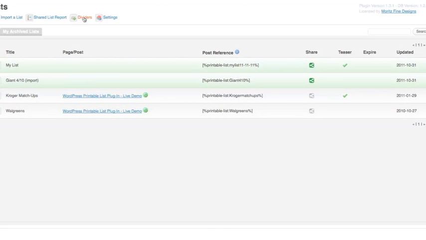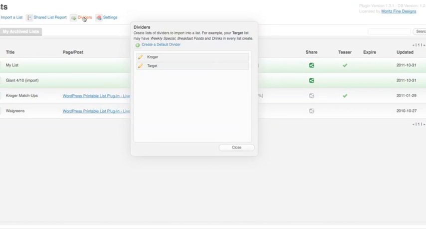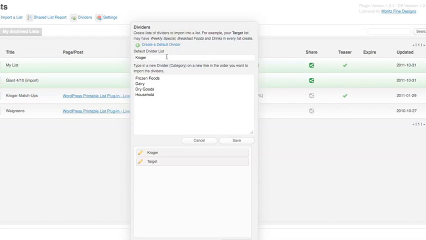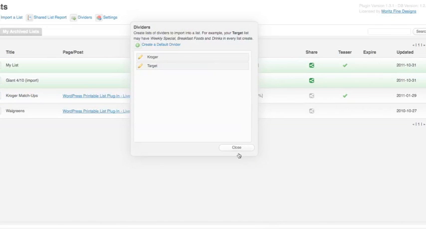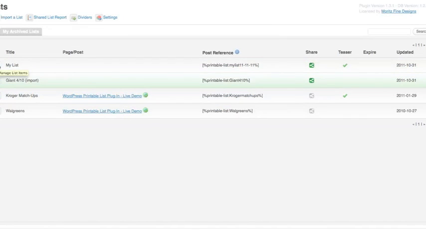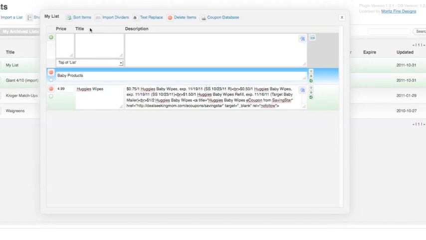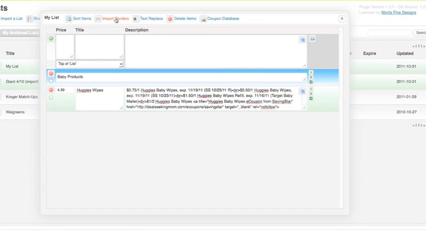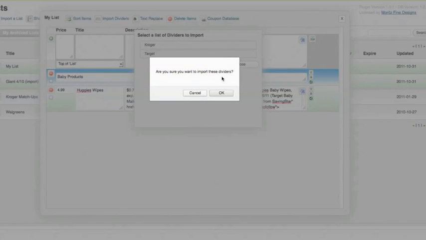Another feature that is available is to make divider templates. For example, if you do Kroger matchups every single week and you want certain categories in Kroger, instead of having to retype the dividers every single week, you can pull these straight into your list. So I went in and I made my categories that I want every single week, and I saved them. And if I go into my list and want to import those categories, I just go to Import Dividers, pick which store I'm doing,